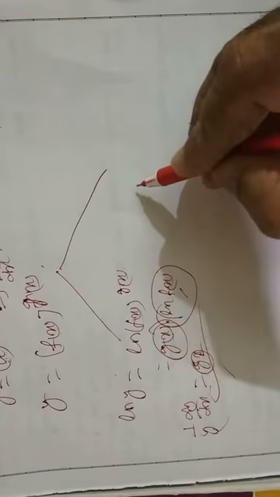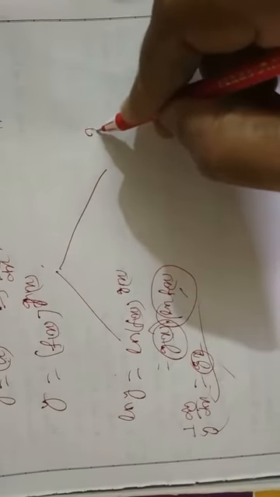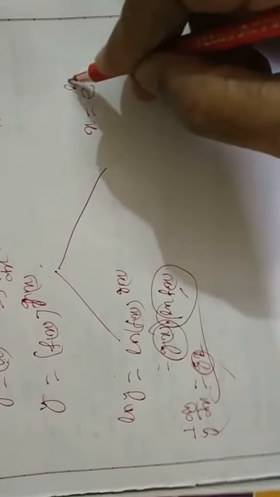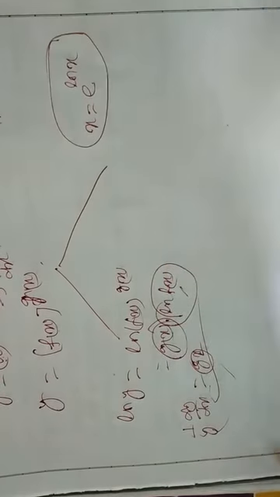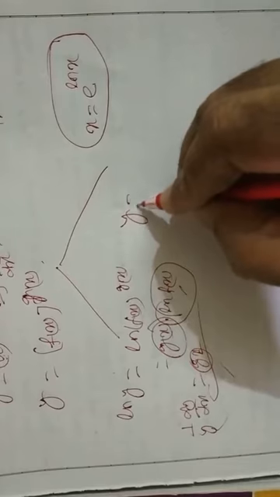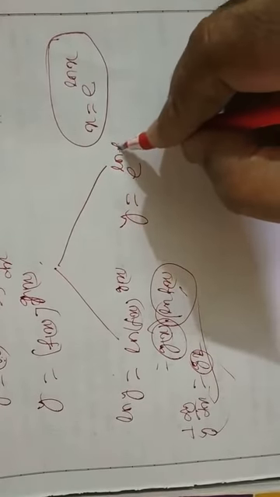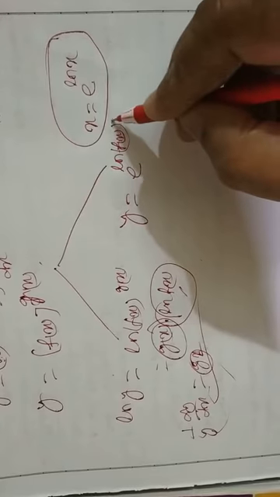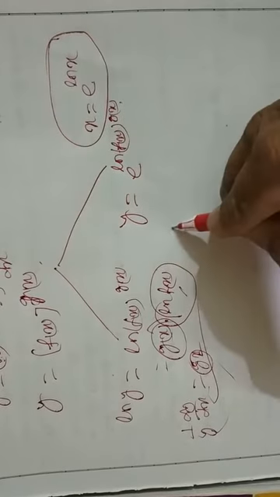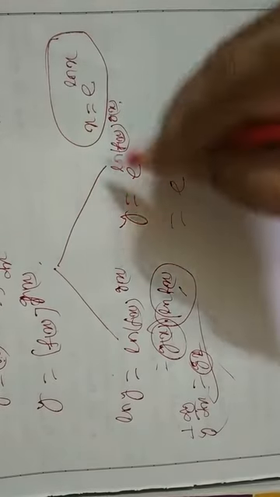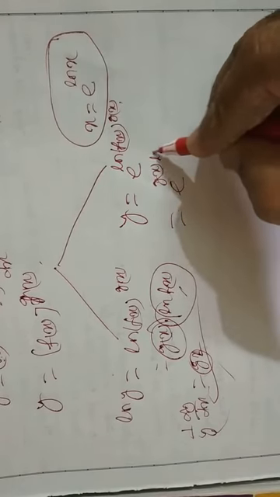Second way is, we already know x is same as e to the power log x. This we know. So y is same as e to the power log y, or not? What is log y? It is log of f(x) power g(x). Can I write e to the power g(x) log f(x)?